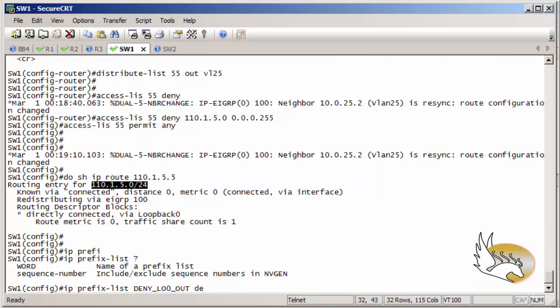And for this I'm going to deny 110.150/24, and this is exactly what I see in my routing table. Now let's go add the sequence number here because I need to add another line. Sequence 5 is okay for this. Now IP prefix list deny loopback 0 out, sequence 5 deny